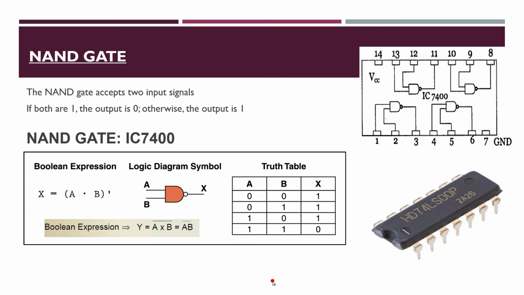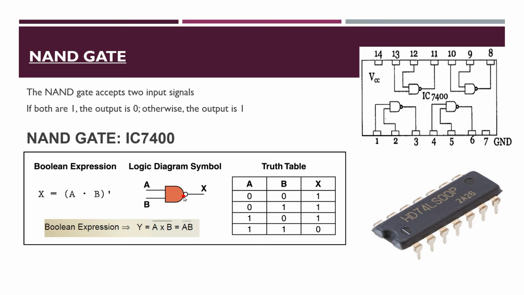You know that the AND gate is like this, like a D structure. A NOT gate has an inverter symbol at the end of the triangular symbol. So here this is your AND and this is your NOT. AND plus NOT will give you the NAND gate. So this D denotes the AND gate and the bubble at the end of the D denotes the NOT gate. So it's a combination of NOT and AND gate.